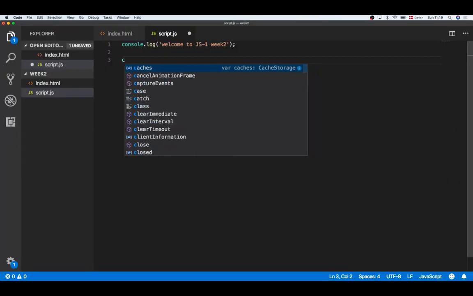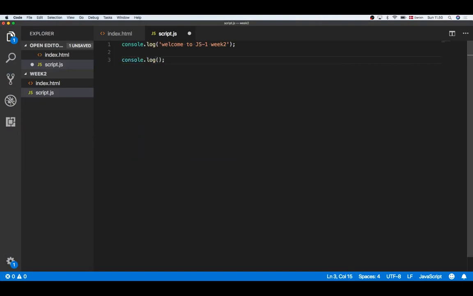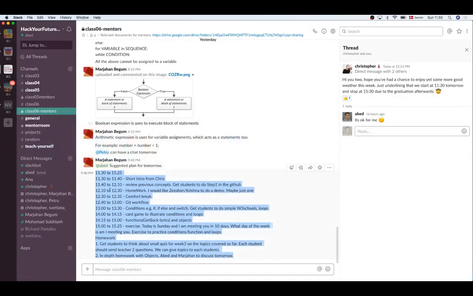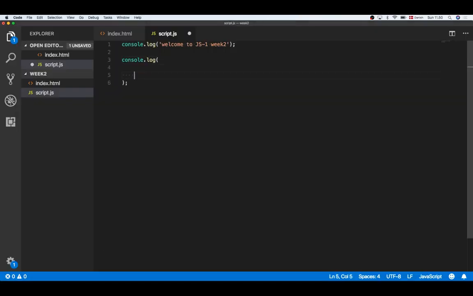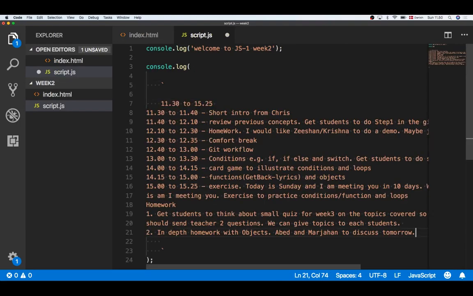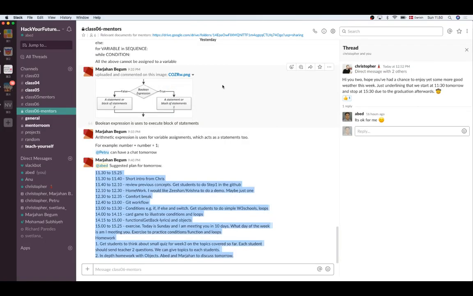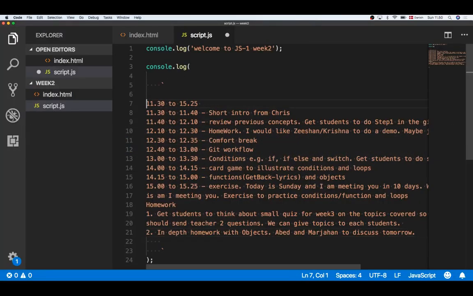So how many of you have done the command called console.log? All of you? So you can help me. I have multiple lines here. How can I print them on the screen? This is a syntax called template literal, backtick. I don't know if it's visible from there. Normally console.log, if I do it this way, prints one line. If I want to print multiple lines at the same time, I should use this one, and then it should print like that. And it is printing the space because there is some space here before that.